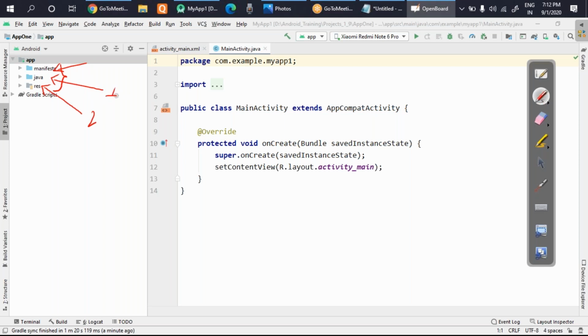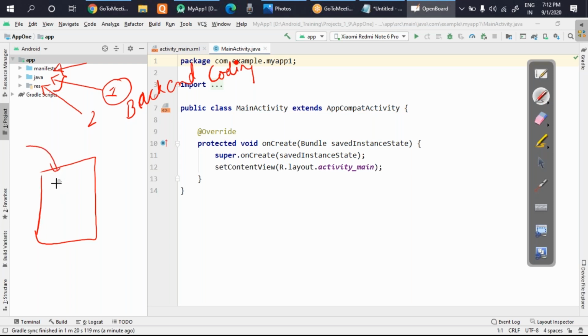The first section, which is named Java here, is actually your backend coding. So this is your backend coding place. Whenever you are developing any app, you will see there is a design.